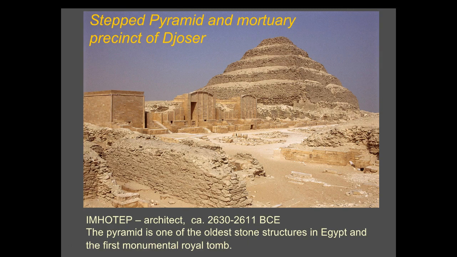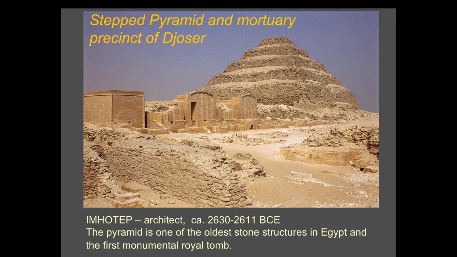This is the god who created the world. This is the first complex of buildings constructed entirely out of stone. Remember, in Mesopotamia, we have mud brick. These are stone. It consists of 6 unequal steps, like giant staircases. It gives the impression of a huge staircase to heaven, and that's why they built the pyramids like that, because it was a direct ascent into heaven.